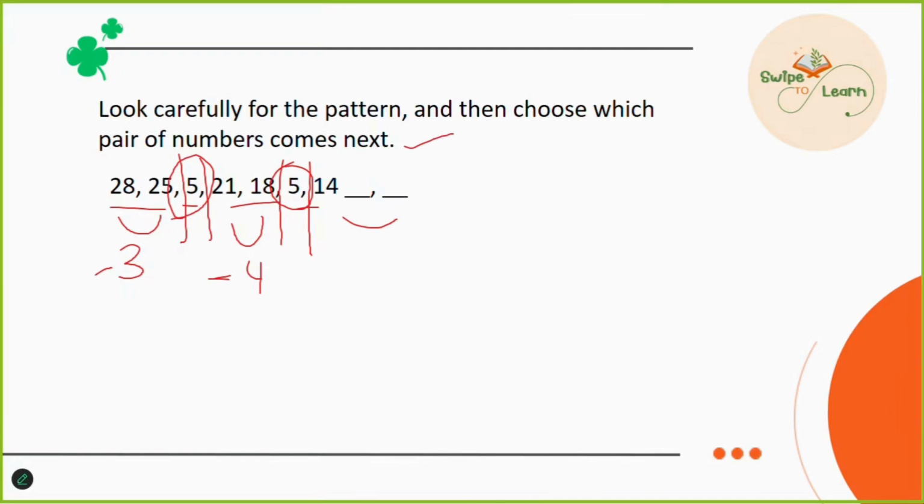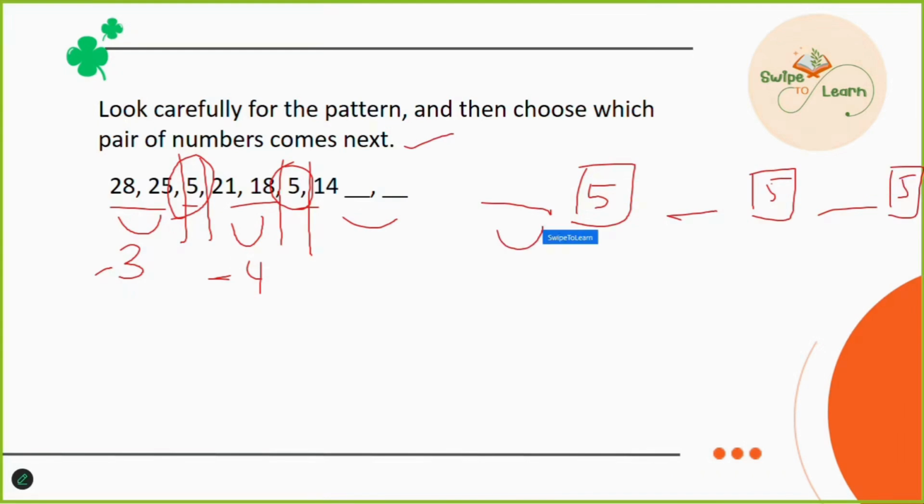Okay, you got the series right. So 2 numbers and a 5 here, a fixed term, which is 5. Again, 2 numbers, 5 here. Again, 2 numbers and 5 here. And the first 2 numbers have a difference of minus 3. The next 2 numbers have a difference of minus 4. Then what might be the next one? A difference of minus 5.